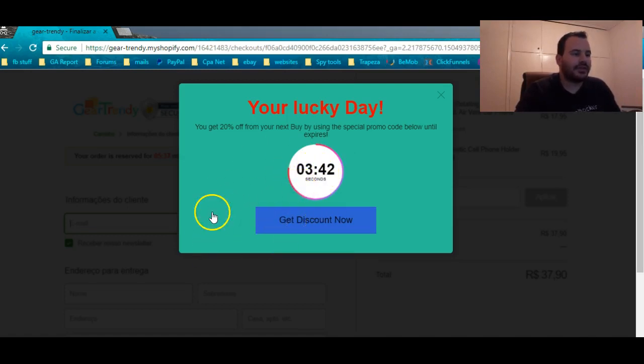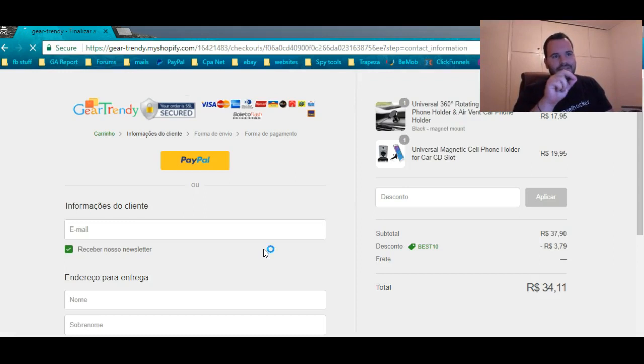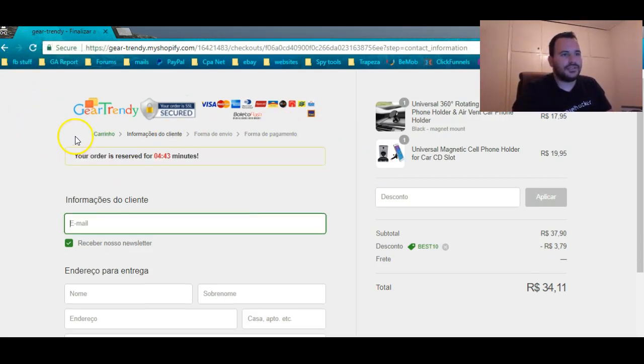If I click now, keep in mind it's not fast, but if you try it on your end, if I try it without shooting video and having torrent and Skype and stuff open, it will load like boom. And if I click get discount, as you can see, it updates. Keep in mind, guys, it does this in less than a second. Don't pay attention to that right now, it's so slow. Of course, and when the mouse is over here,